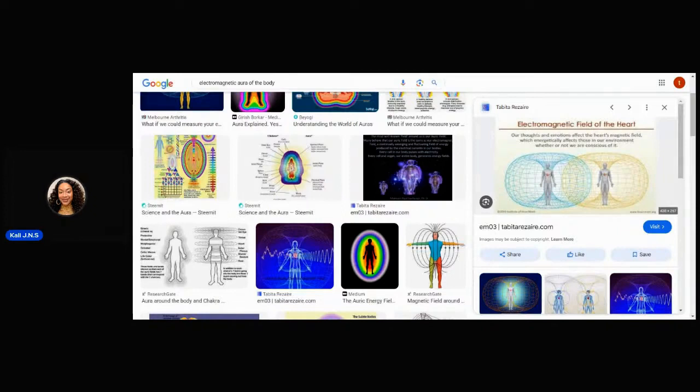Okay, and so you see the heart's magnetic field. The heart is so much stronger than the brain. The brain is very powerful as well. This heart-mind coherence is what creates the elements of resonance and consciousness and allows the light to flow through your body. The electromagnetic field of your heart can reach out to about 8 feet at a minimum. It can reach out considerably farther. You can multiply your magnetic field. I'm not going to talk too much about that, but